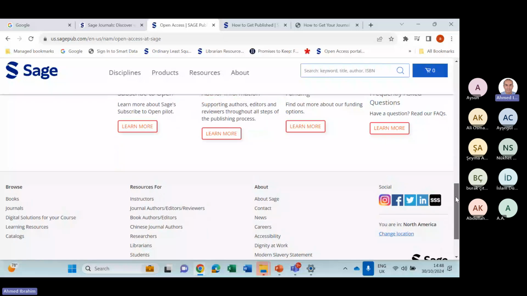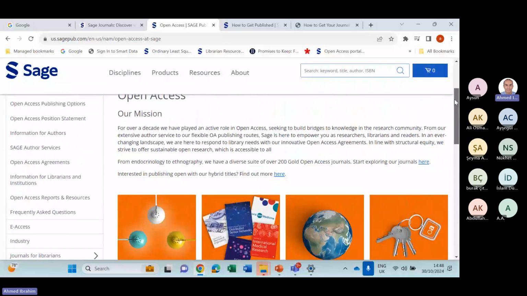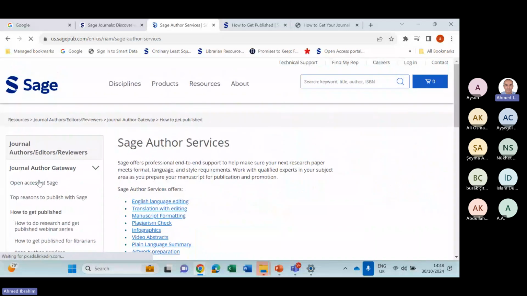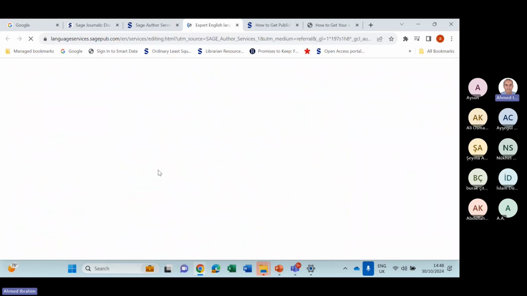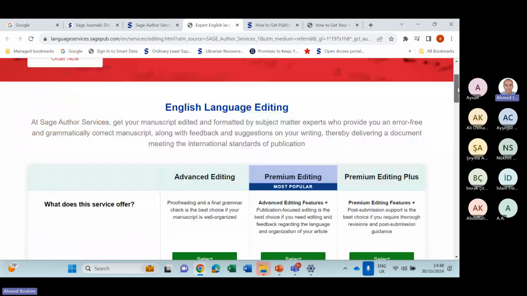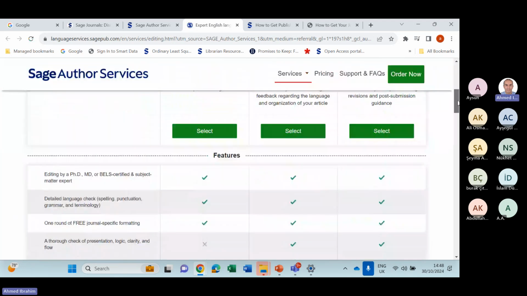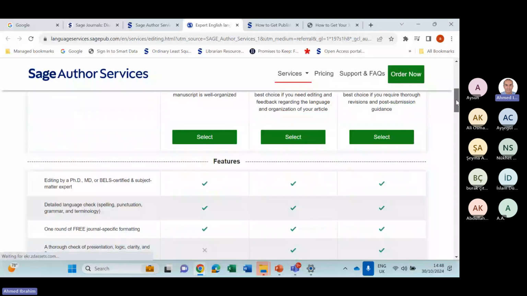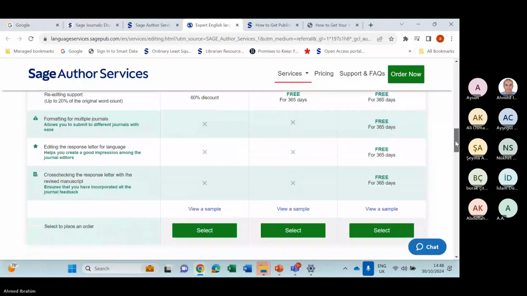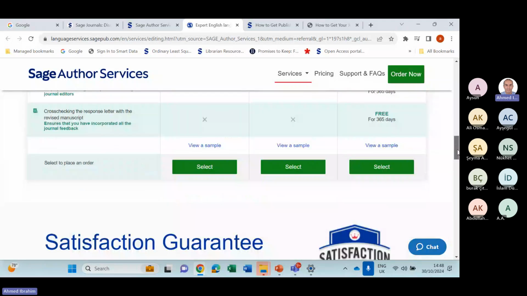And last thing, we have here Sage author services. I would like to show it to you. In Sage author services, we have English language editing, translation with editing, manuscript formatting, plagiarism check. So if you would like some assistance with English language editing, we have it here. It's a paid service, so you can select which plan you need: advanced editing, premium editing, or premium editing plus. And there are some features here. So you can select the one you need and